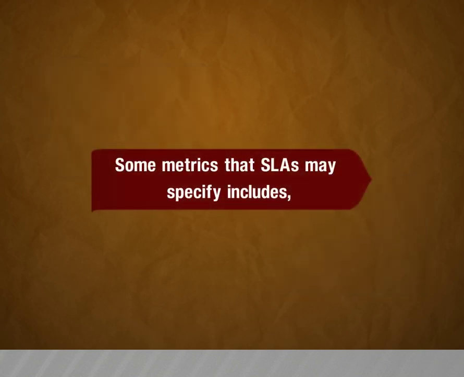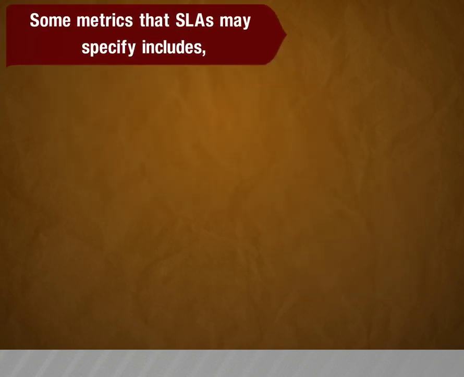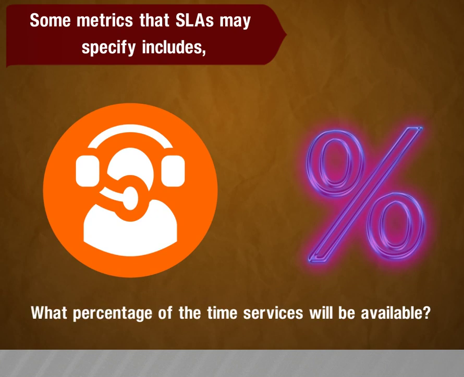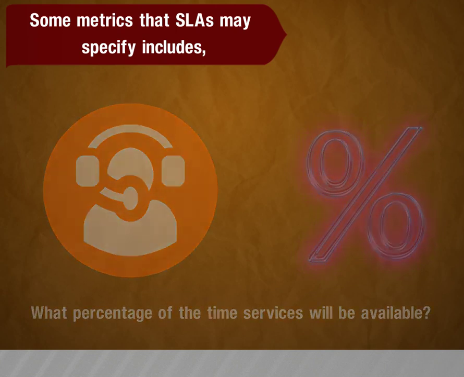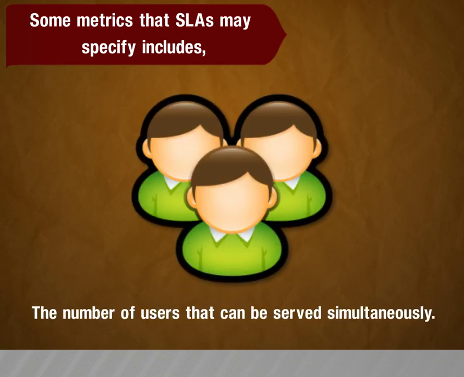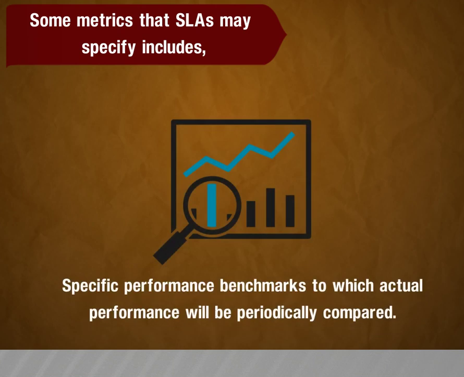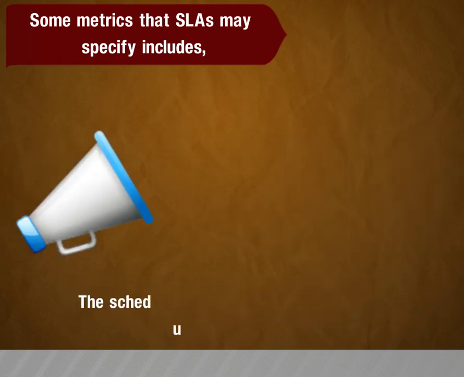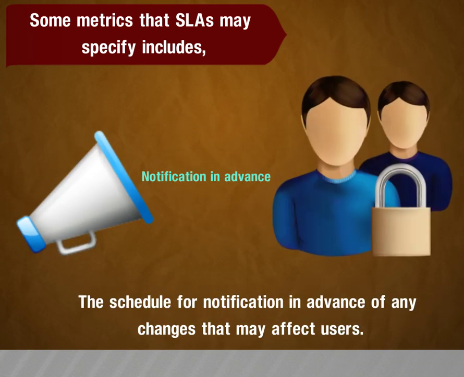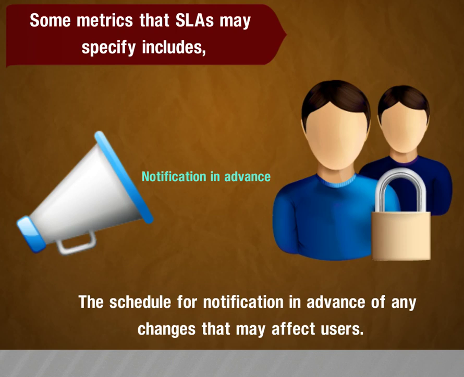Some metrics that SLAs may specify include: what percentage of the time services will be available, the number of users that can be served simultaneously, specific performance benchmarks to which actual performance will be periodically compared, the schedule for notification in advance of any changes that may affect users,